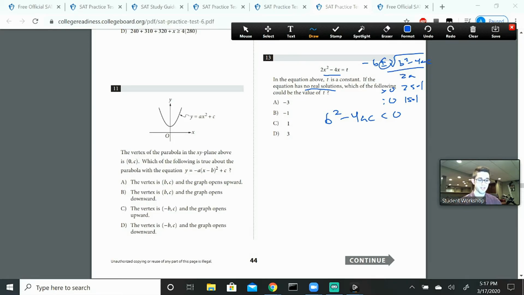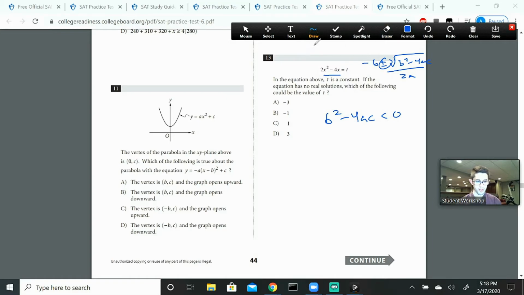This plus or minus: if the discriminant, which is the part inside the square root, is greater than 0, then we'll be both adding and subtracting that value from negative b. If it's equal to 0, then it doesn't matter if we add or subtract it, we'll just get the same value. If it's less than 0, we'll get 2 non-real solutions, and it's asking for real solutions, because if we take the square root of a negative, we get something with i in it, so it's non-real. So we want this to be less than